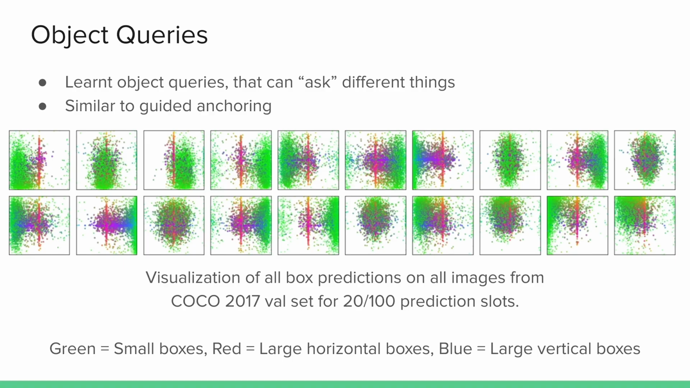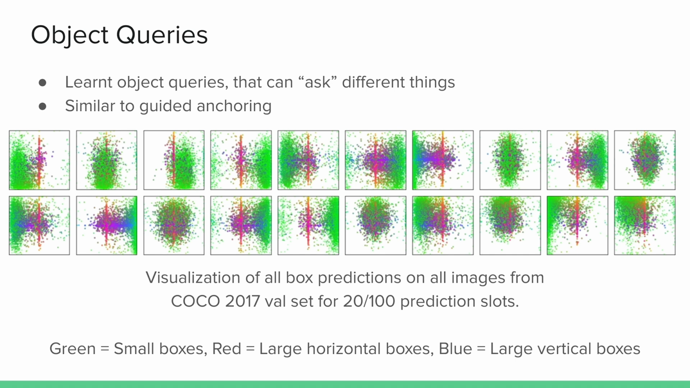What are these object queries, you might ask yourself. Object queries are actually learned as well. And it's a really interesting idea that the network is able to sort of ask the decoder different things. And for different questions, you get different answers. And it's an idea that is similar to guided anchoring, where we also learn this kind of where to look